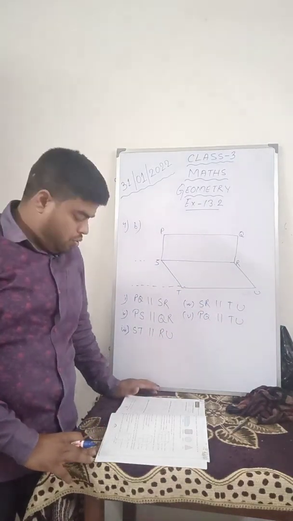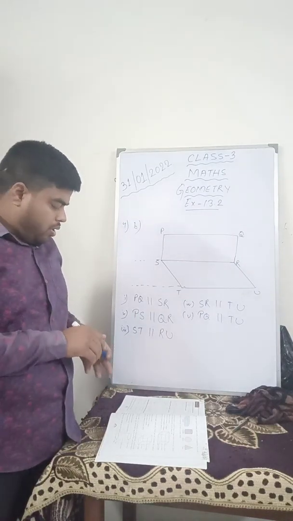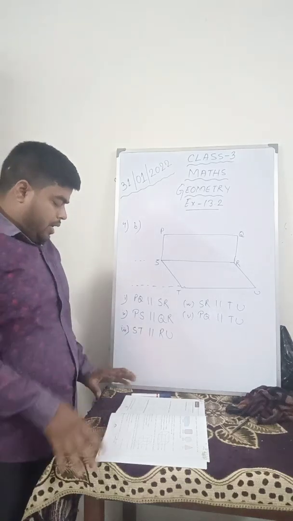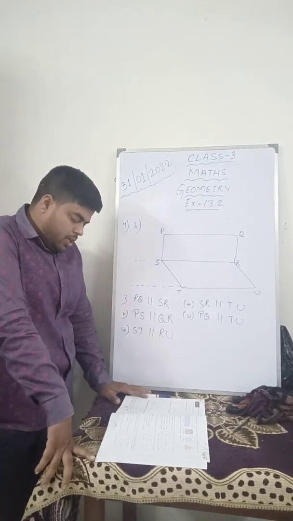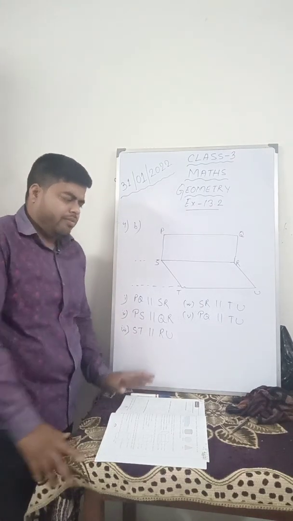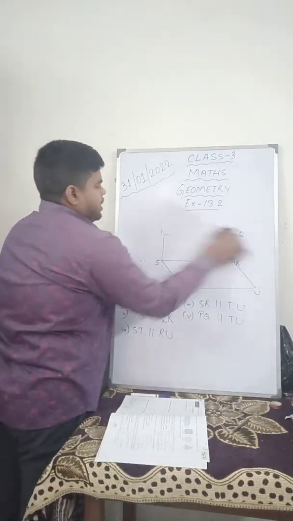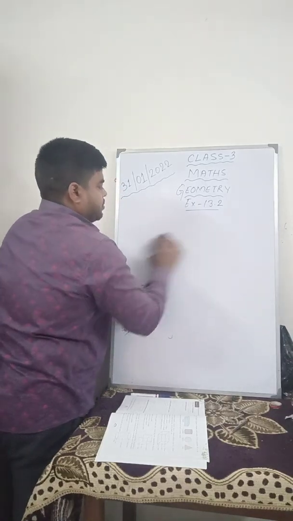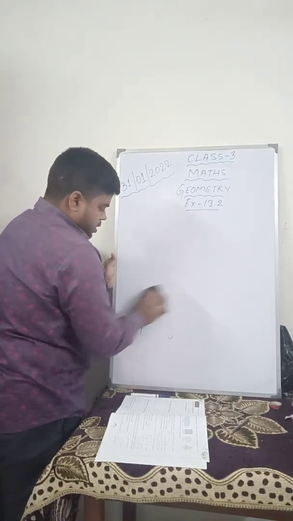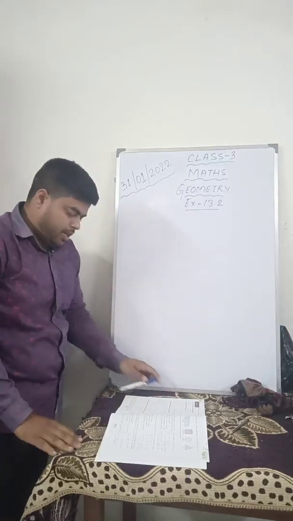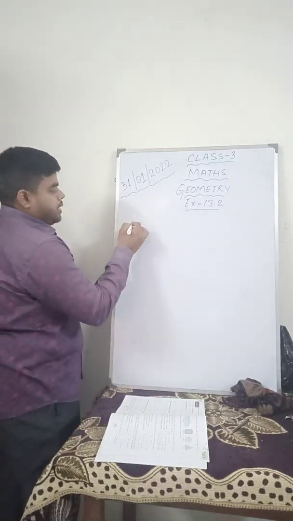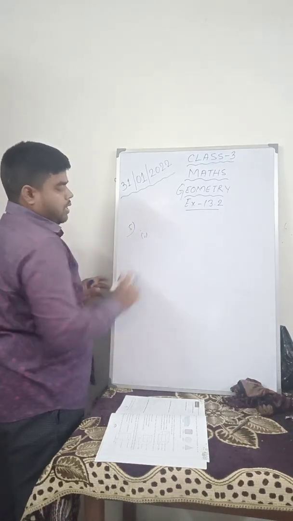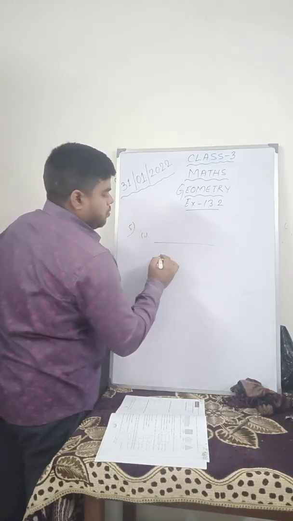I hope you have understood how to do it. So question number 4, I have done one for you, and you will do the remaining. Number 5, with the help of the ruler, draw two sets of parallel lines. Very simple. Using your scale, you have to draw two sets of parallel lines. They did not ask you to take the measurement. So you will take your scale. Number 1, two sets. 1,